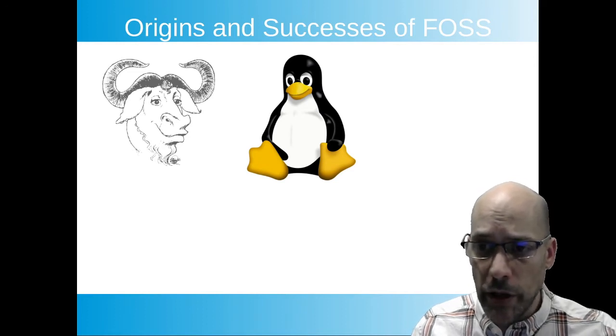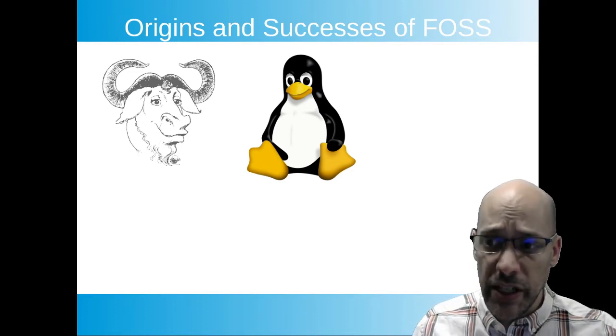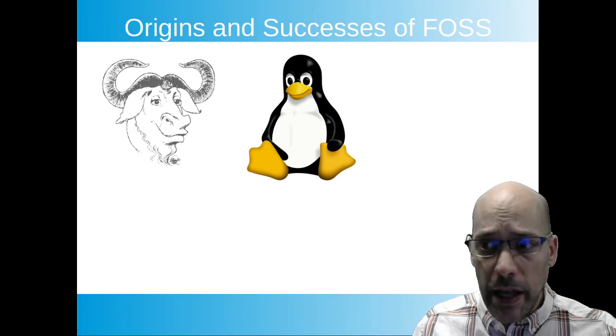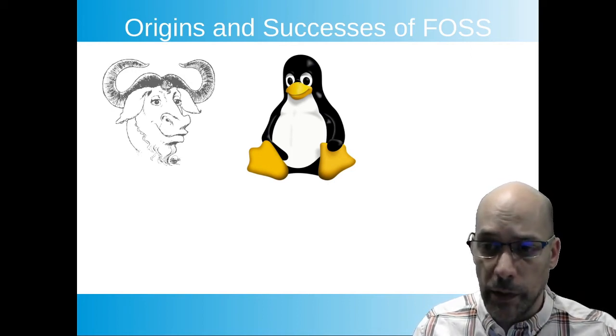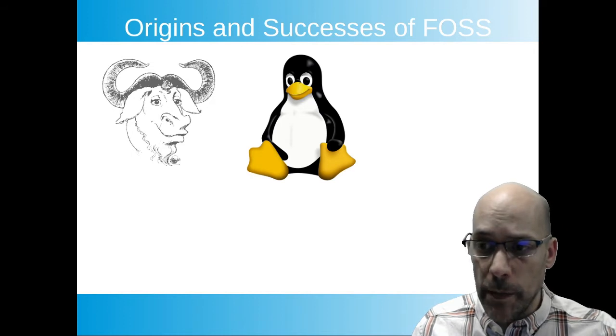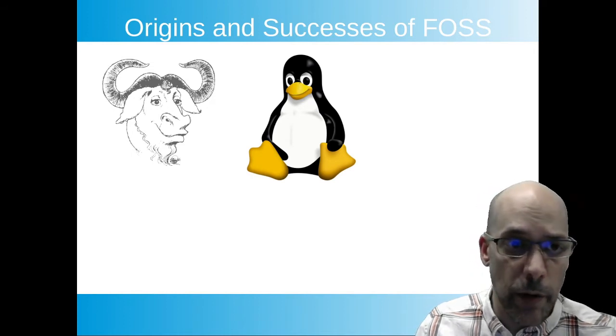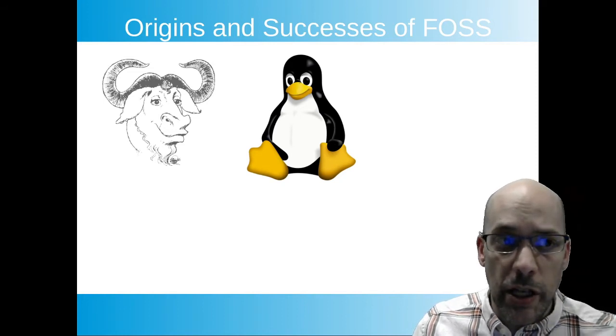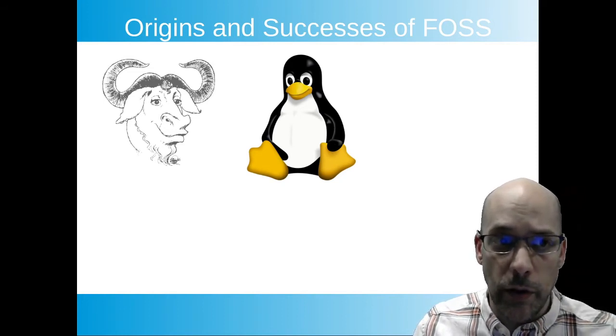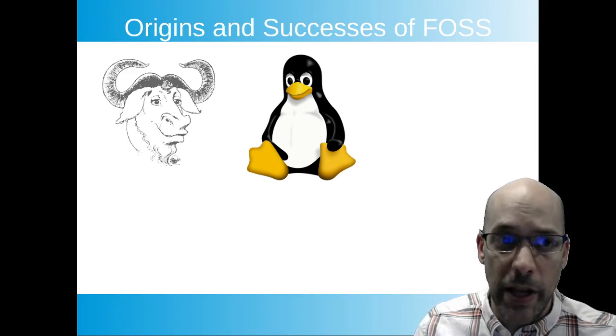Perhaps the most well-known success of FOSS is the Linux operating system. Linux, in part, came out of the GNU project. In particular, the GNU utilities comprised much of the application supporting the operating system kernel, which was part of a developer's effort begun by Linus Torvalds while he was a student at the University of Helsinki. Linux was largely developed by a loosely banded worldwide group of volunteer developers and a massive open effort made possible by the internet.